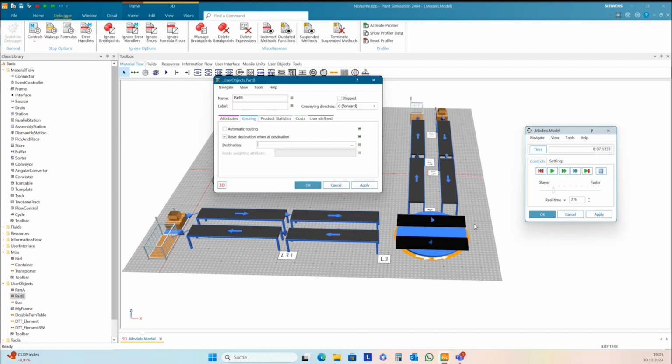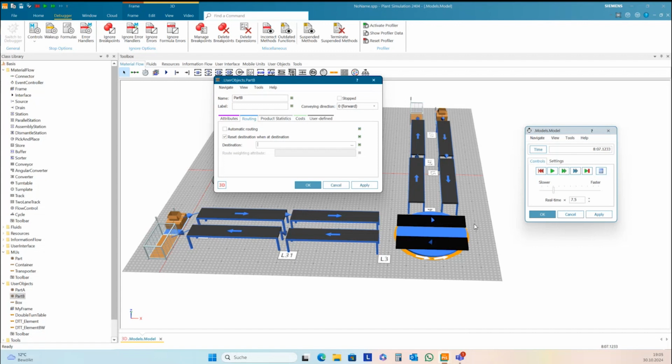And so it's every time about what you want to see and what your customer wants to see, and what's the question you have to answer here. And such double turntables can be bottlenecks in logistics and conveyor systems, and then you need to simulate this as a turning element.